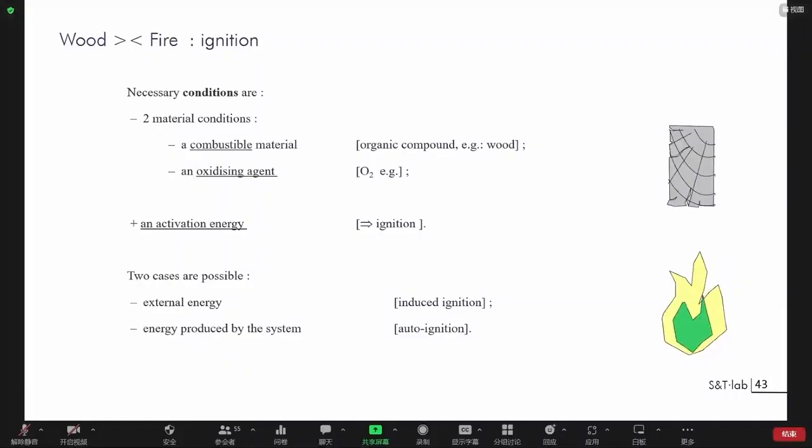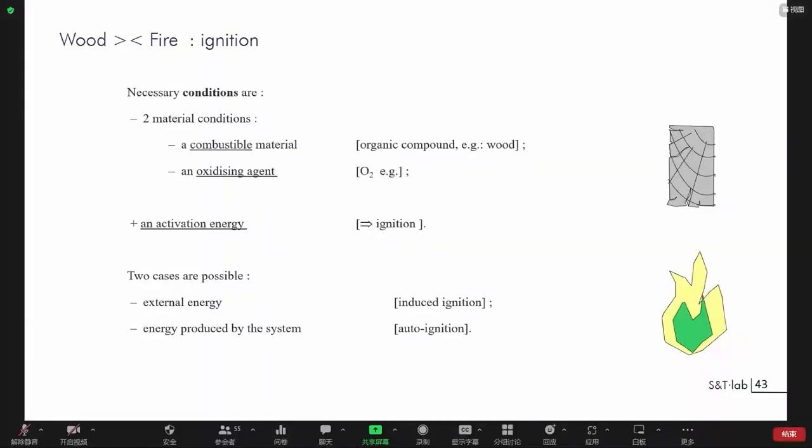Now, to put some fire into timber, you need some specific conditions. You need a combustible material, and timber is that kind of material. You will need an oxidizing agent such as oxygen, for instance, but you have oxygen all around us. And then you need a third condition, which is providing some energy to the system. And the energy can be produced as fire or the temperature that could be